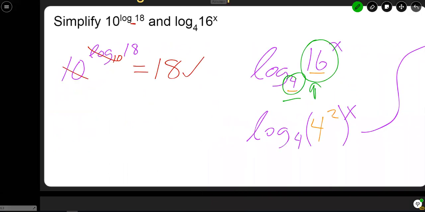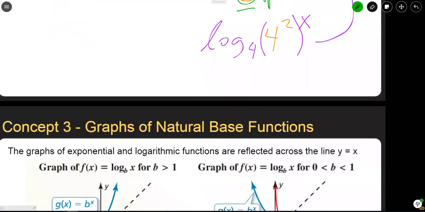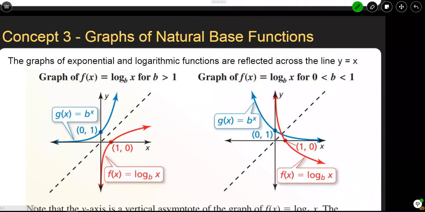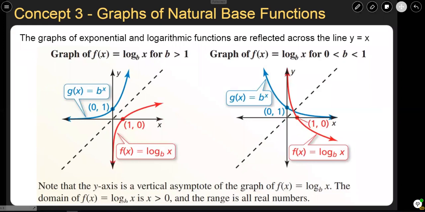All right. So that's inverses. And then finally, we have a little tiny bit about the graphs of natural base functions. So this is just to give you guys some visibility on this. We'll mess with the graphs a little bit in 6.4. Mainly the transformations of functions where we're translating, reflecting, or stretching and shrinking the functions based on what we're doing to the equation. But for right now, the main thing to know is that these graphs are inverses of each